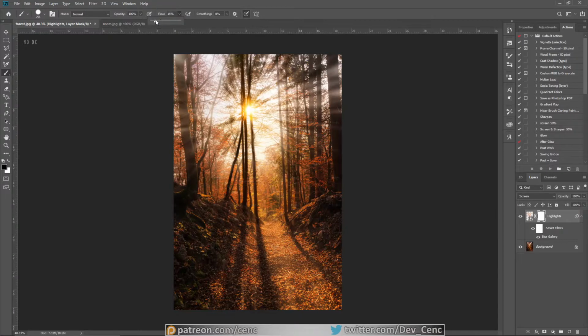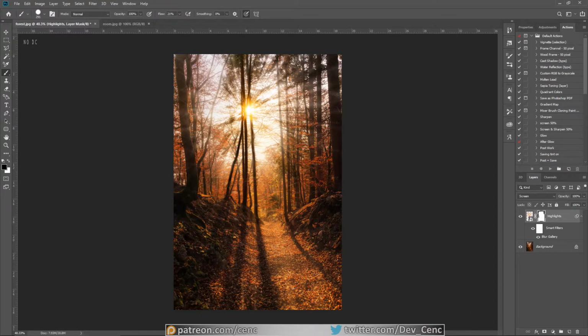I would take the flow right the way down and just soften the area just slightly, just to take a little bit of the extreme light back a little bit. When you're happy with the look,